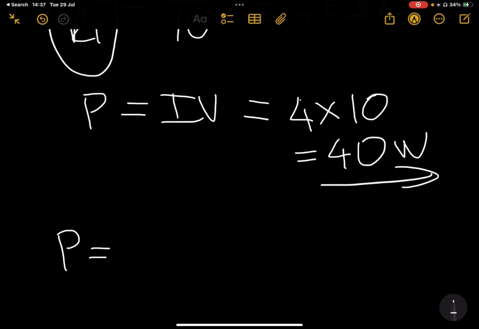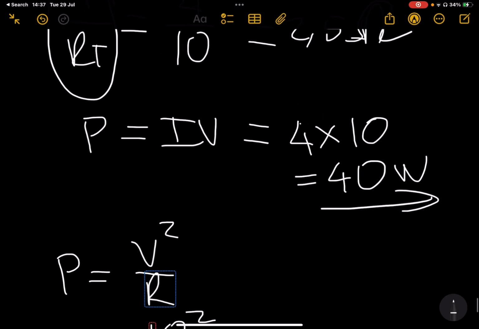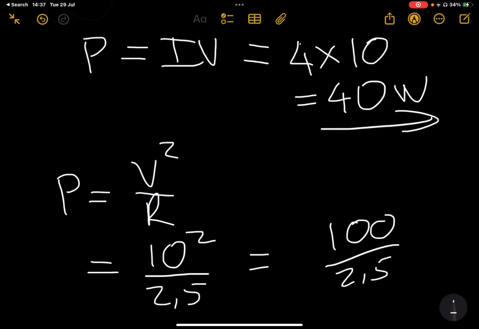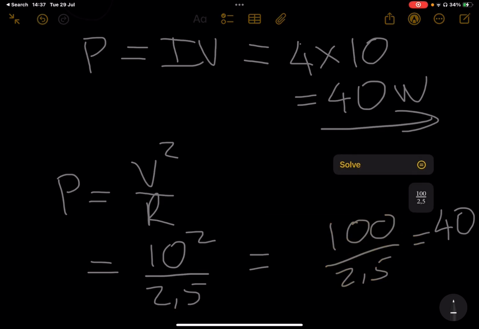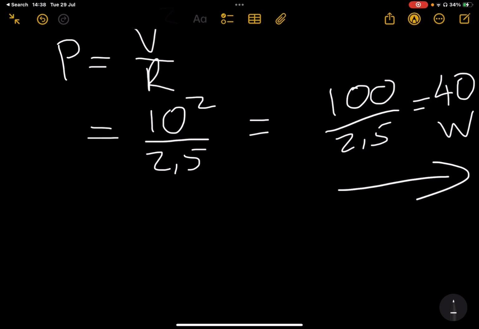In the second formula for power, we're going to use V squared over R, which is mathematically all derived from Ohm's law and the power equation. So these are all on the wheel I showed in video 1.1. So we're going to go 10 squared over the total resistance of the circuit, which was 2.5, which is essentially 100 divided by 2.5, which is essentially 40. Right? Even this can solve it for us. So, which is essentially 40. You're done with parallel resistances,